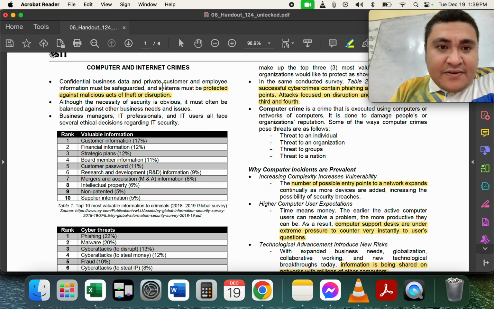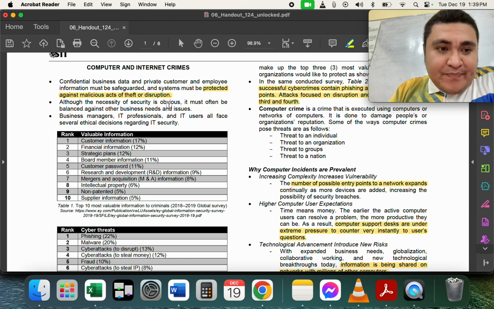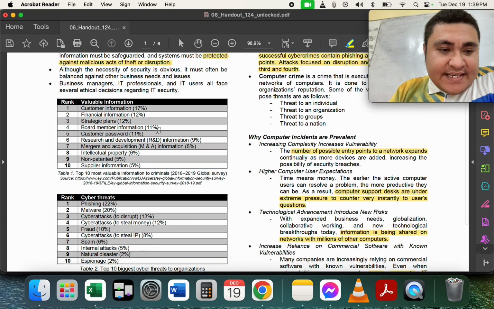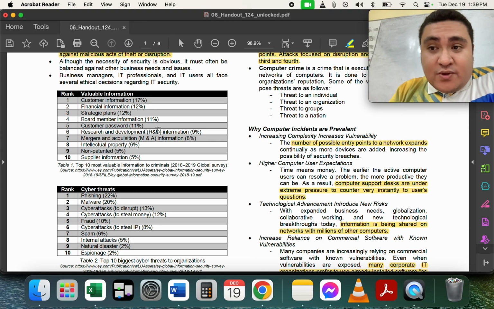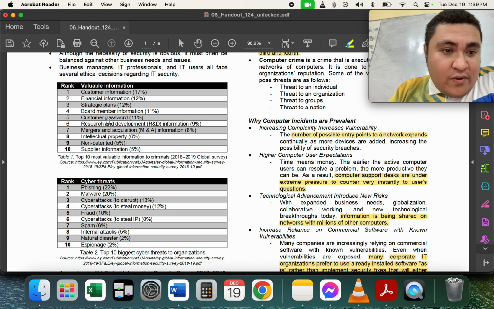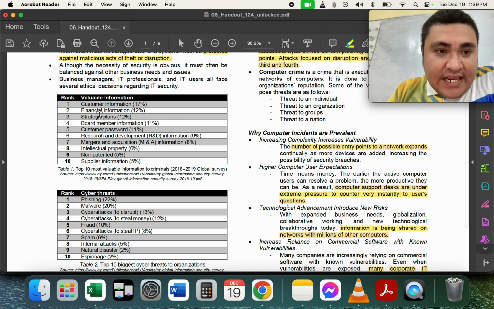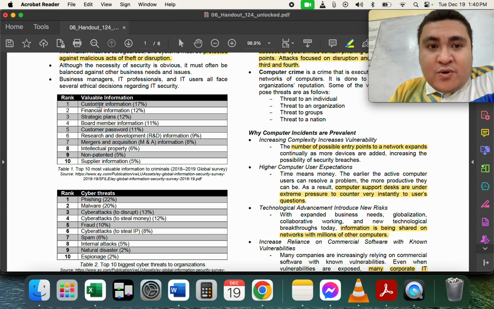So let's all agree that the systems in place in our computer should protect us from any malicious attacks or theft or disruption. Okay, so based on the recent surveys and ranking of organizations that are damaged or affected by cyber threats, you have here on the first table, these are the 10 most valuable information that criminals get to access in a cyber attack. So the first one on the list is customer information, because if you could still remember